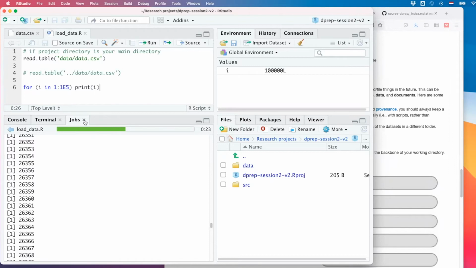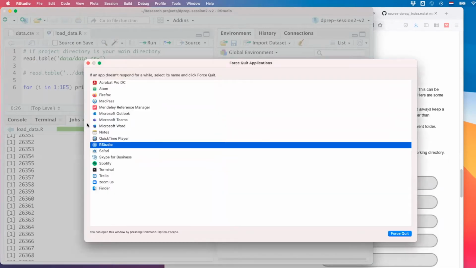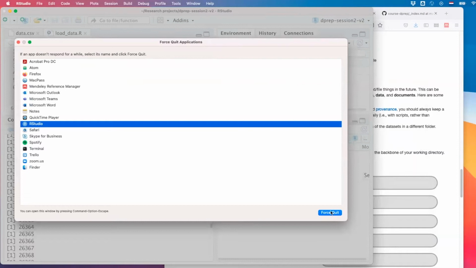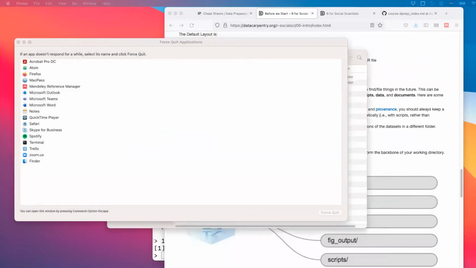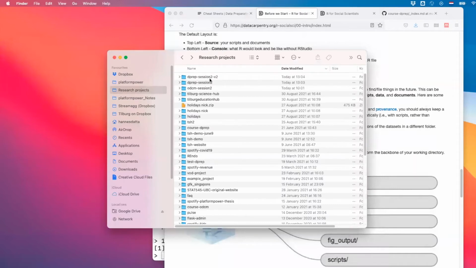I got a really good trick for this, which on a Mac is Option, Command, and Escape, and on Windows it's Control, Alt, and Delete. And trust me, I didn't plan on this, but this is actually a good thing. Sometimes I just have to quit R and restart R, which I am doing right now.